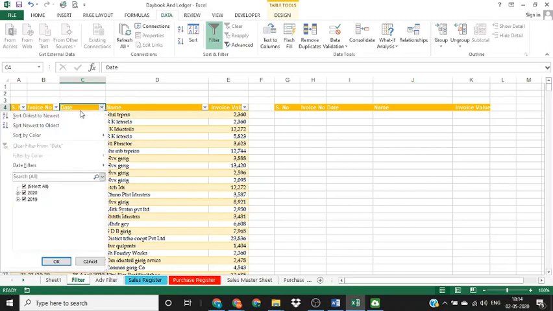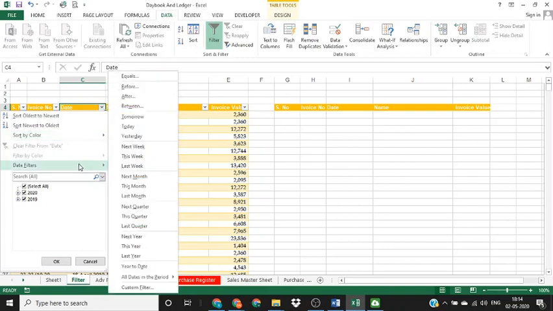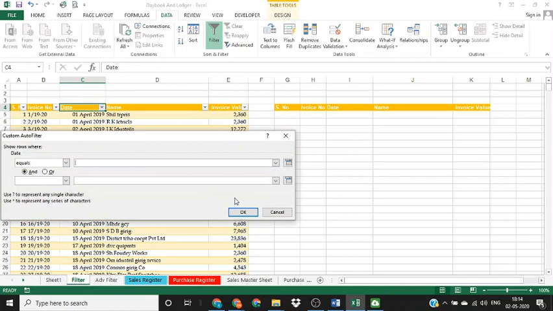As you can see, you can sort the data based on date, newest to oldest or oldest to newest. Then you can always sort or filter the data based on color if you have colored any part of your data. And then there are specific date filters available, and among others there is a custom filter where you can give a custom filter based on your requirement.